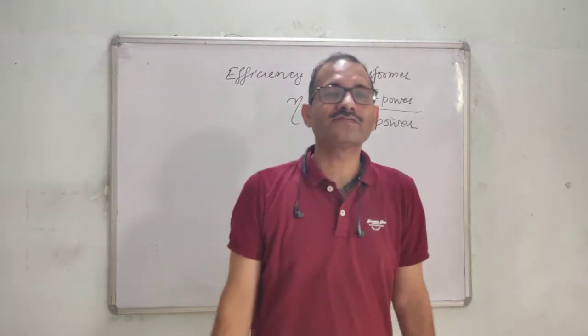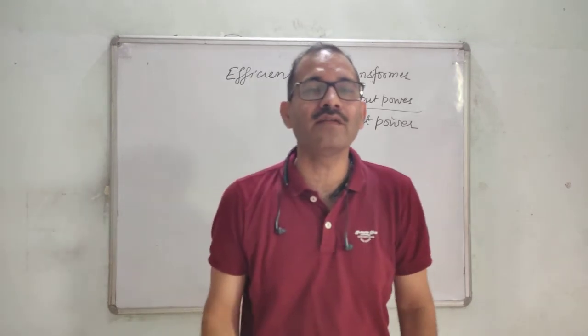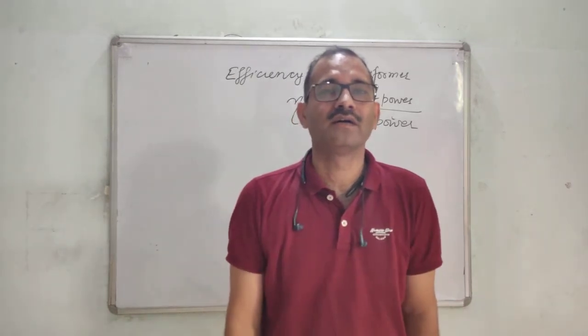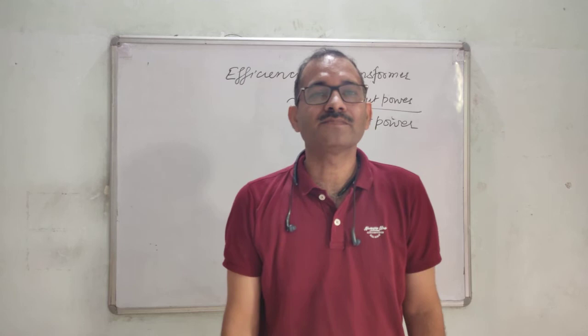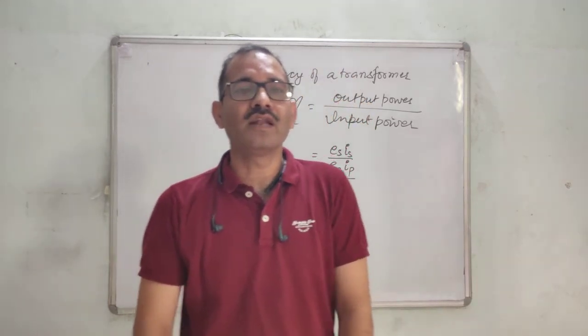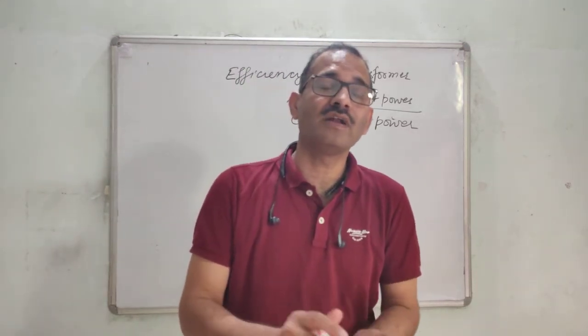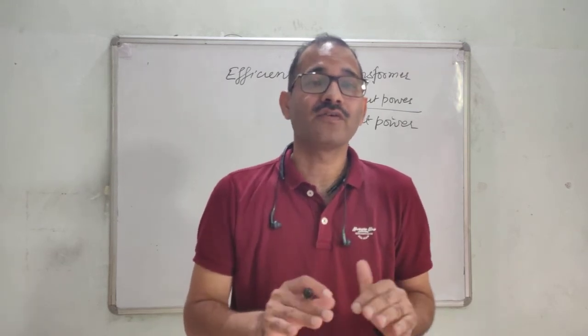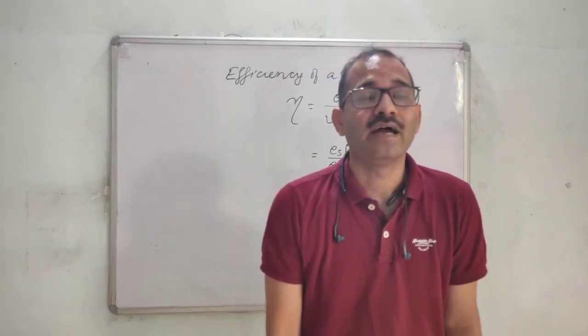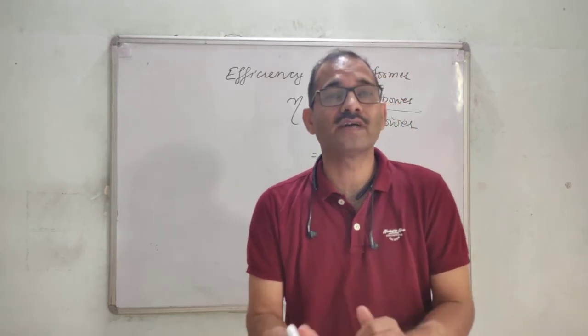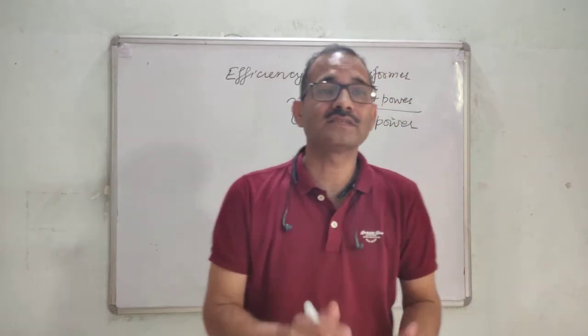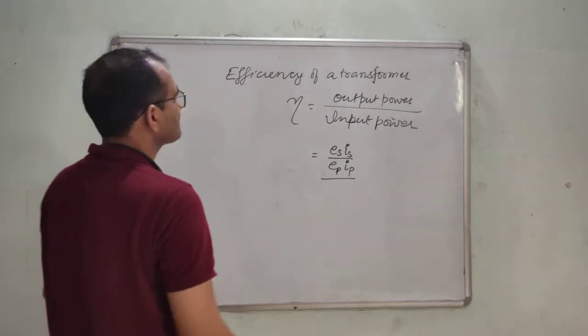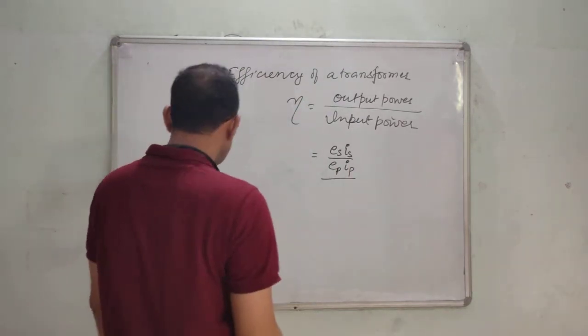Usually big transformers are put in a tank in which oil is taken. The cause behind this is that when oil is taken, the temperature of oil will never rise beyond its boiling point. Therefore, the temperature is maintained, and the lamination of the core as well as the coils will remain intact. This will be the efficiency of the transformer.